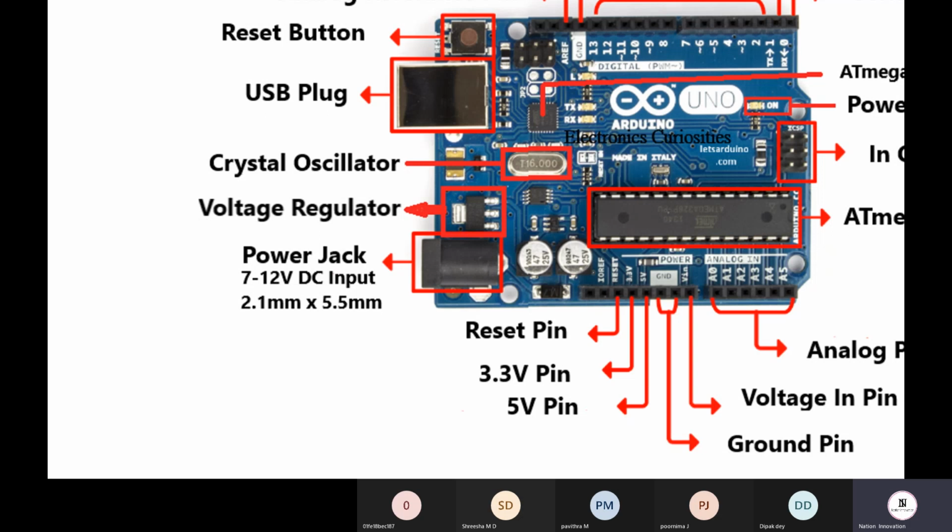One, it will help you upload the code, or send data to or from the serial monitor. Like if we want to print something to our laptop's screen in the test functions, how can we do that? This USB plug will help in that functionality, and also it will supply the 5-volt supply for powering up the device as well.